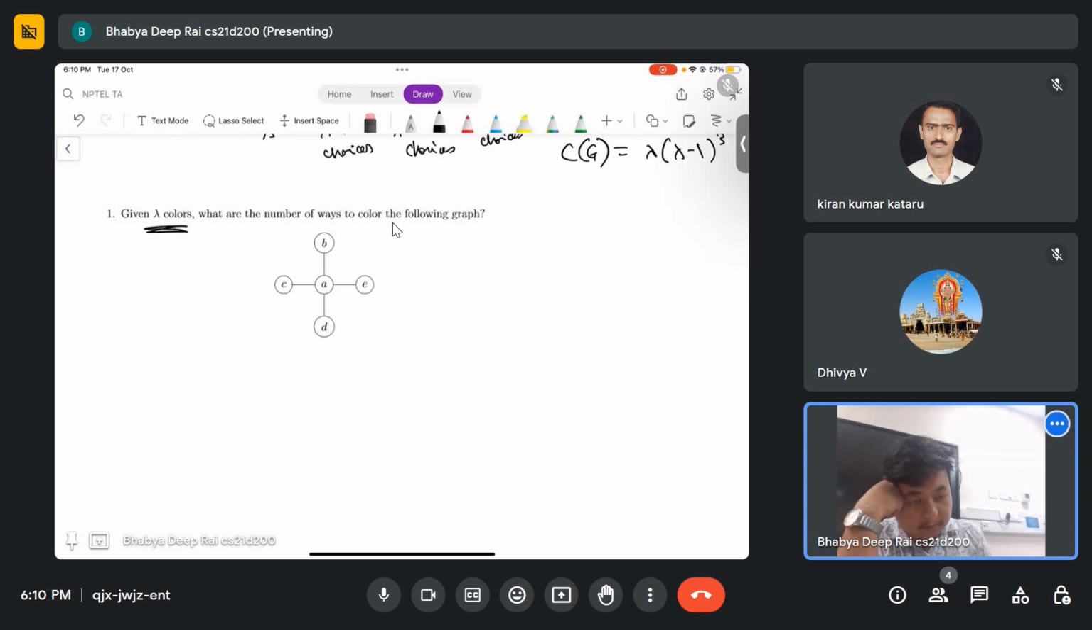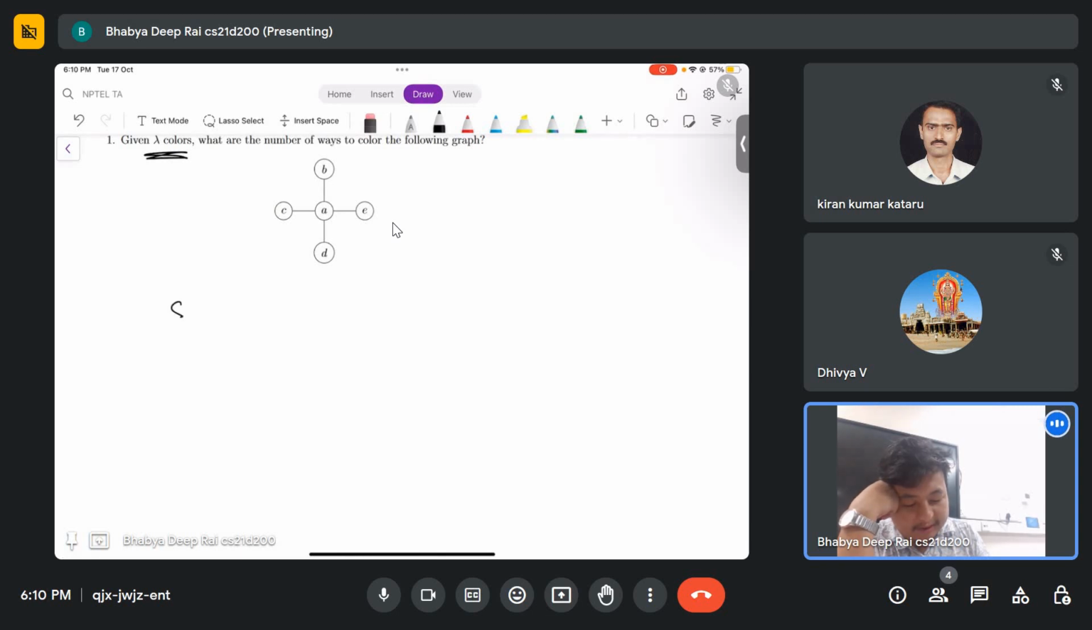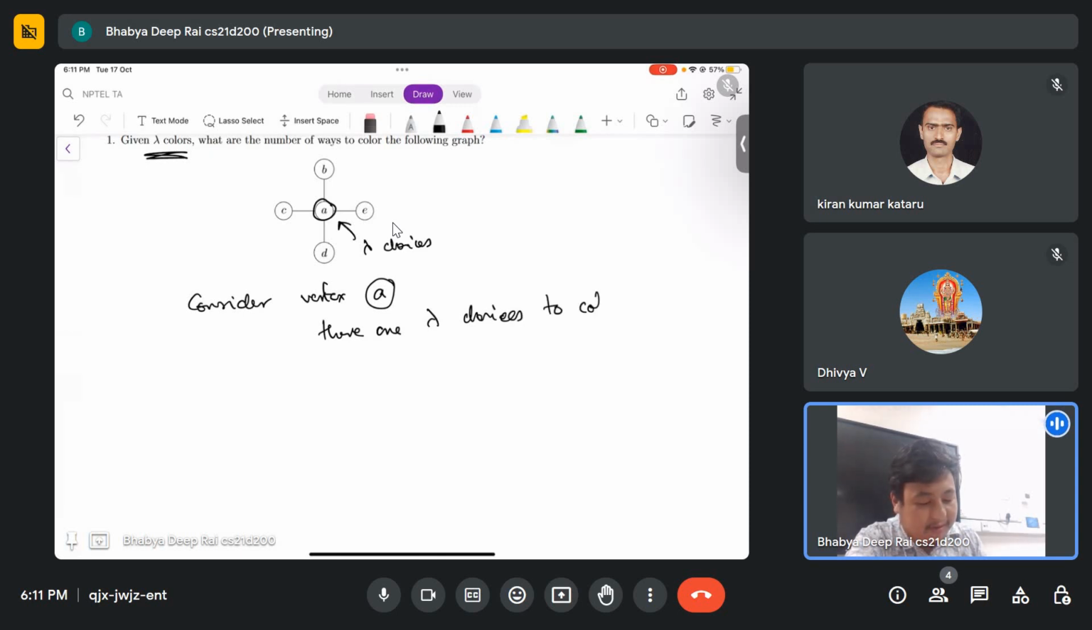Well, a similar logic follows. So say, consider vertex A. Okay, this particular vertex, and I am allowed to color with lambda many colors. I can choose any vertex actually for this simple kind of graph. Okay, you can choose any vertex, but let me choose A. Okay, I have lambda many choices. Okay, there are lambda choices to color A,